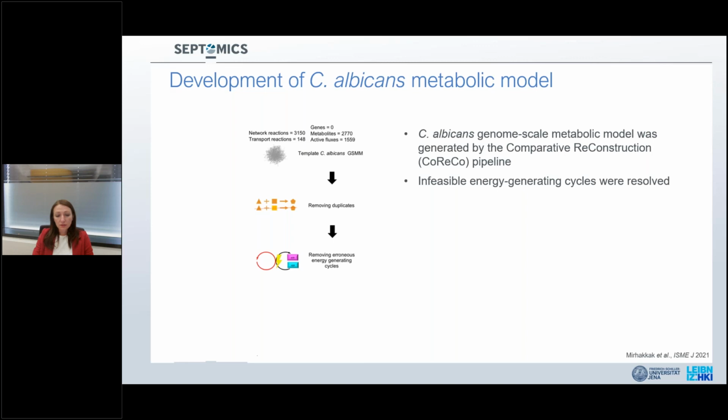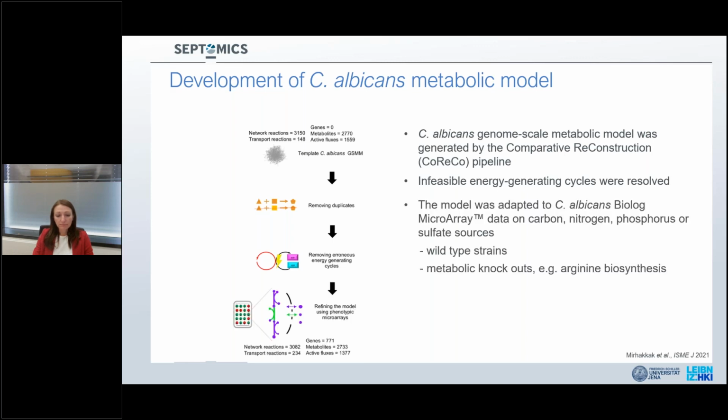So then we came into play, and they asked for available Biolog data provided by us, and also used published Biolog data on Candida albicans, where they took these data sets and were able to refine